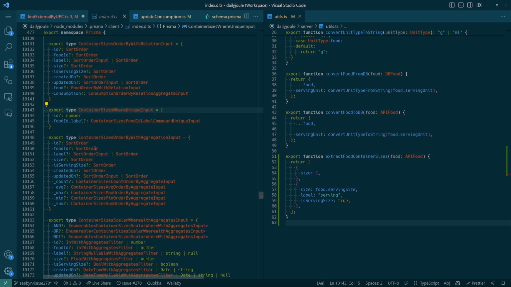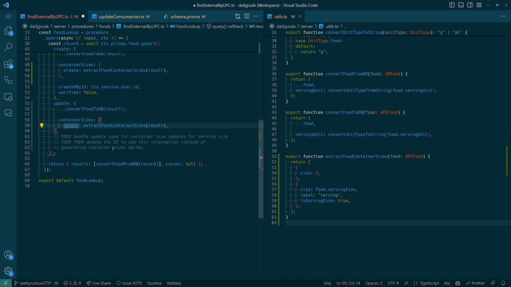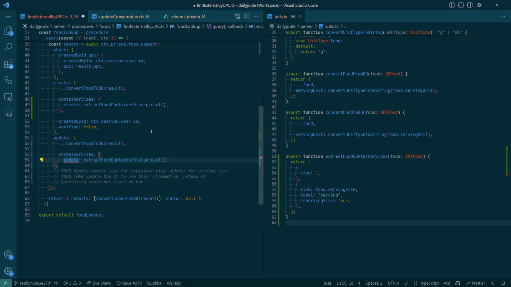And so we either need to have a food ID and a label or an ID, but we're not going to have either of those things, right? Maybe we do need to change the schema a little bit more to be able to essentially,